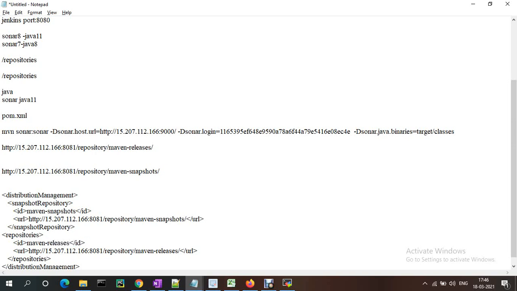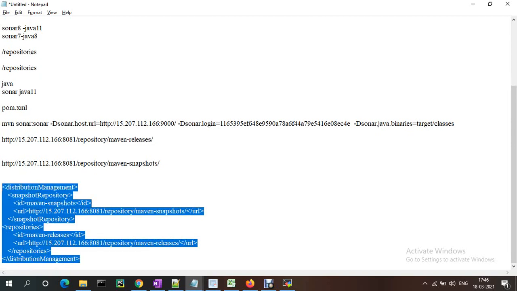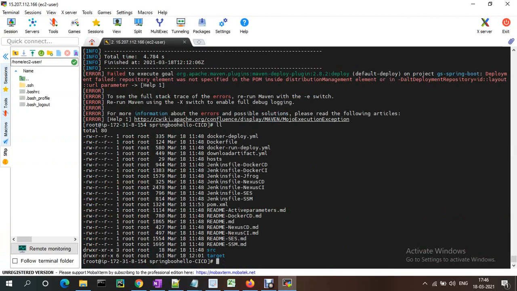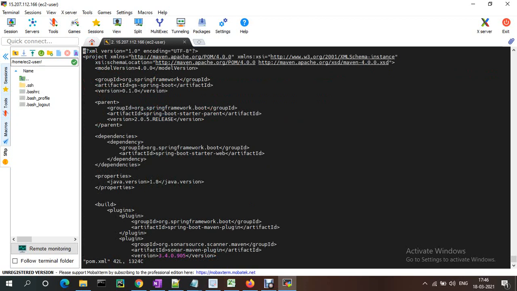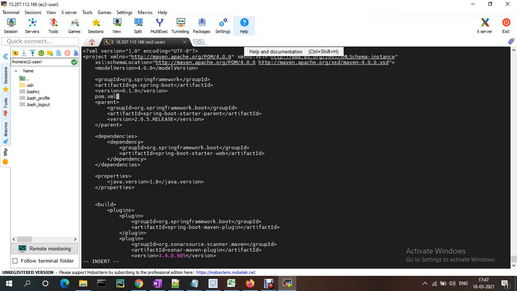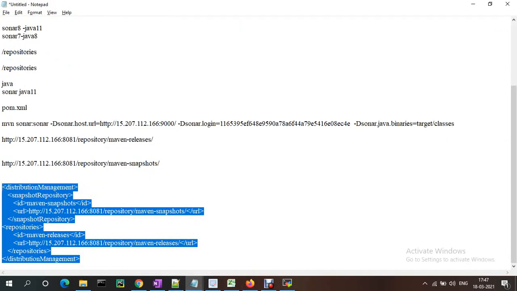These things we need to update under the pom file, after version. I think it is not copied yet.